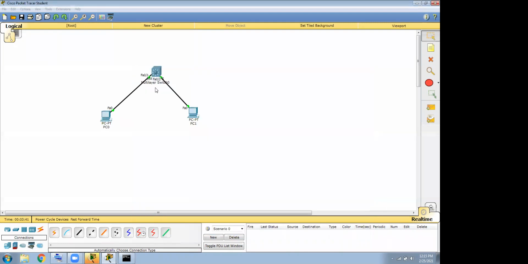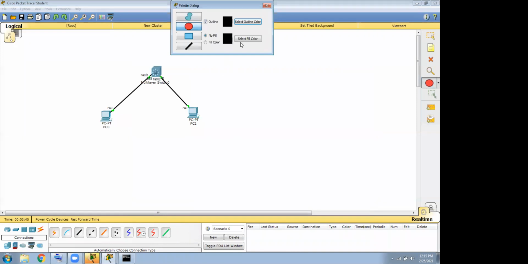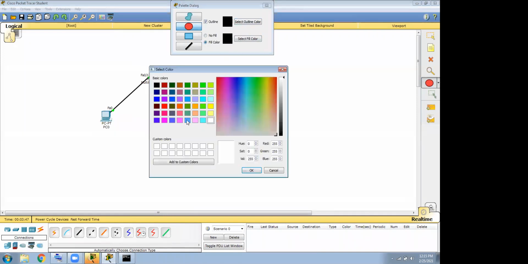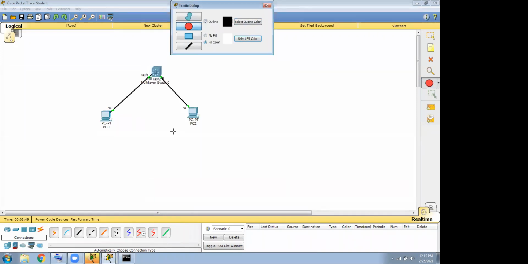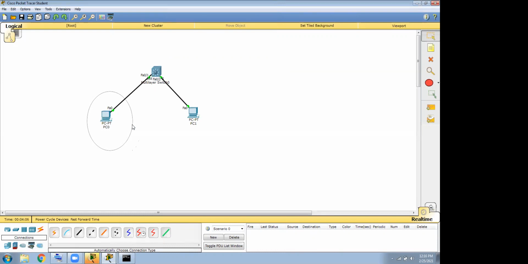See, the logic is this machine is in the red VLAN, and this is the blue VLAN.